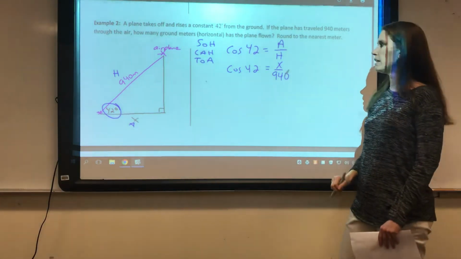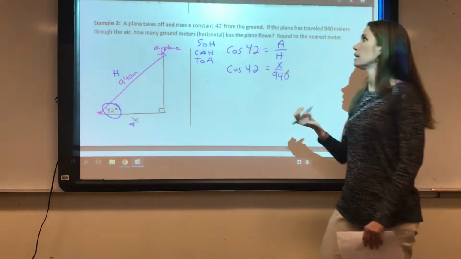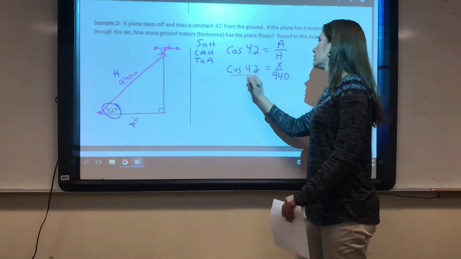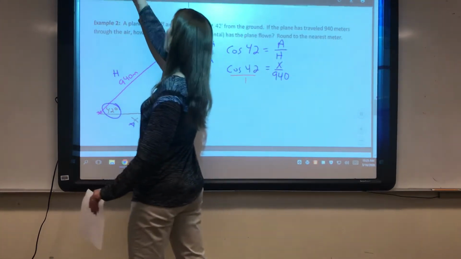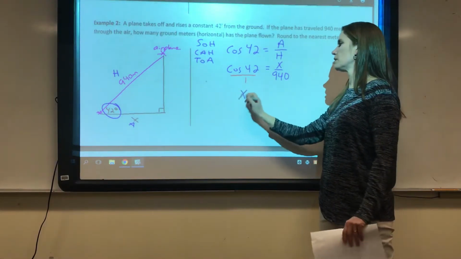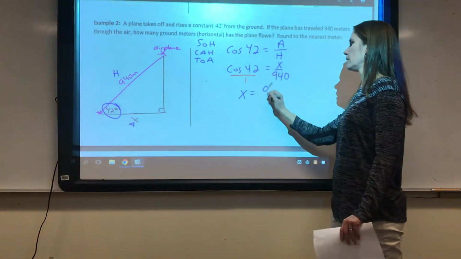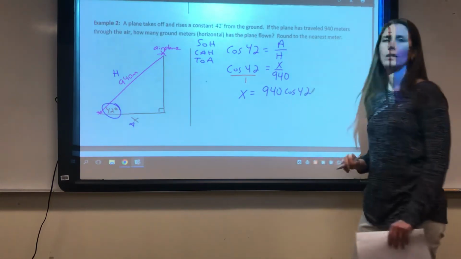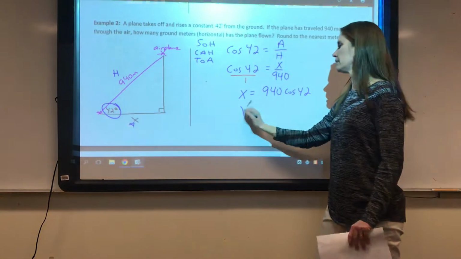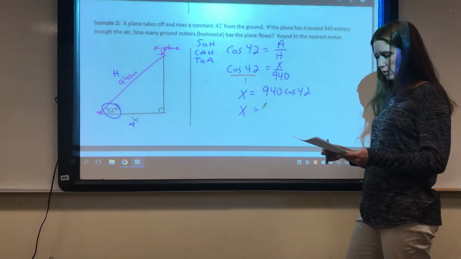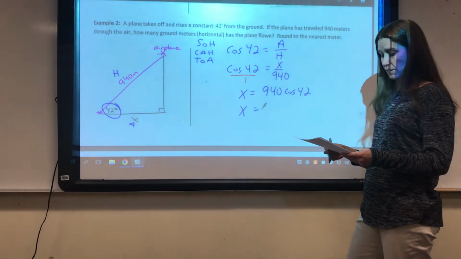Okay, and from there, again, I'm just treating cosine of 42 like a number. So if I put a 1 underneath that, then I can cross multiply. From there, I've got 1 times x, which is x, and 940 cosine of 42. And when you plug that in your calculator, you should get, rounded to the nearest meter this time,